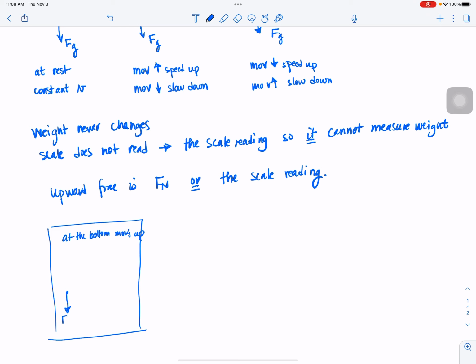And we know that this one is equal to the force due to gravity, and this one is going to be the scale reading. And you will actually put in those values. On the board, I wrote that the force due to gravity is equal to your scale reading